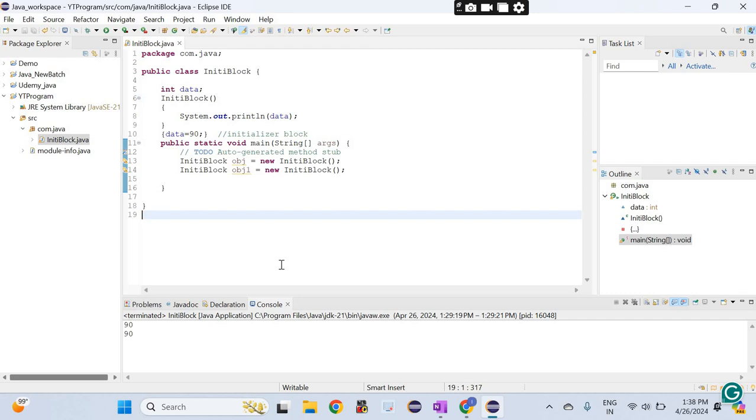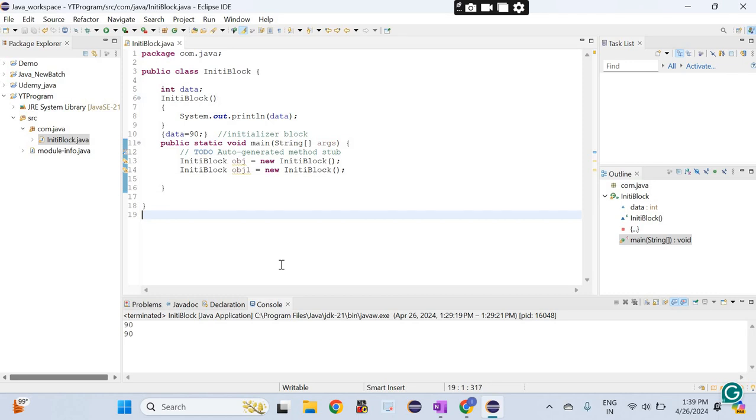As I told you in the last video, the instance initializer block is created when an instance of the class is created. Second, the instance initializer block is invoked after the parent class constructor is invoked. That means after the super constructor call, which is made by default inside the constructor, it will check whether there is an initializer block and copy and paste it inside the constructor. So basically the constructor is invoked first, but it will print the initializer block value.